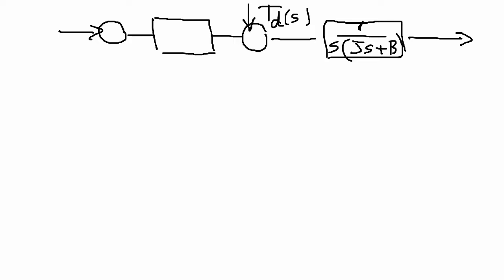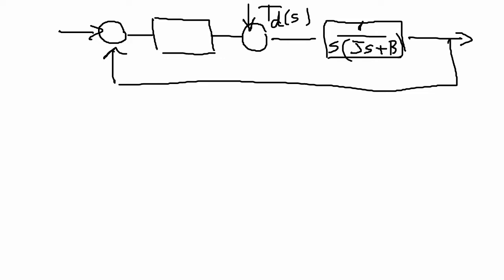Second order system, output, compared. We have two inputs. One of them is the major input, the main input. The other one is a disturbance. That is equal